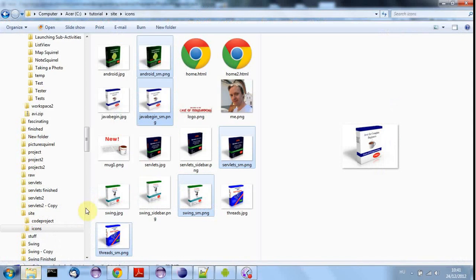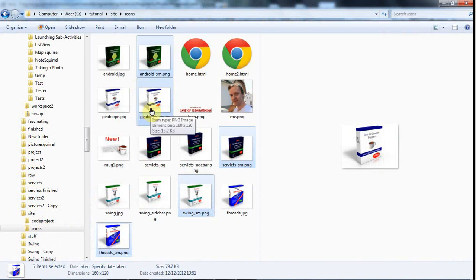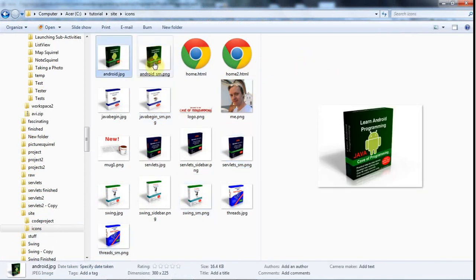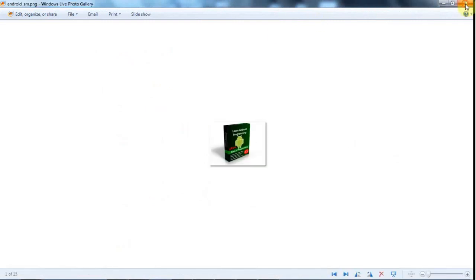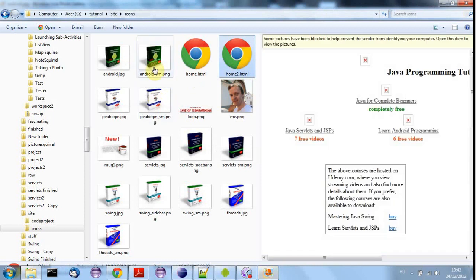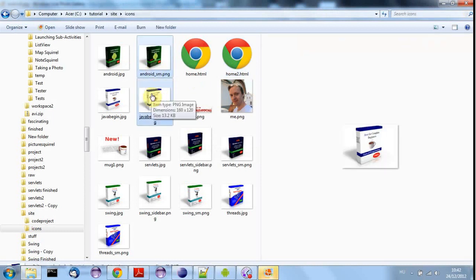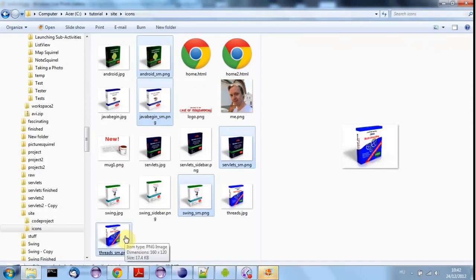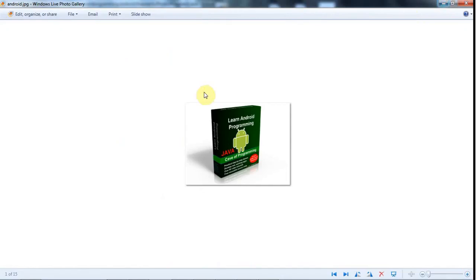Firstly, I'll get some icons from my various courses here. So I've got an Android course, and a Java beginners course. If I could just highlight these, it would be good. And servlets, Swing, threads, and maybe that's it. Okay, so let's just copy those. They'll certainly do anyway. I'll just copy them and I'll go to Eclipse,